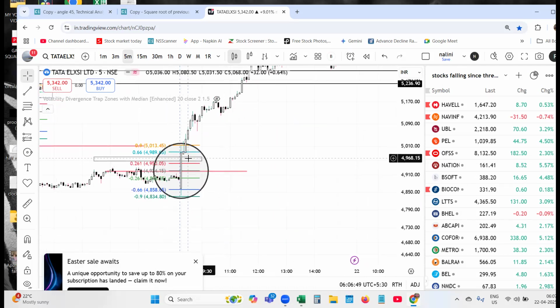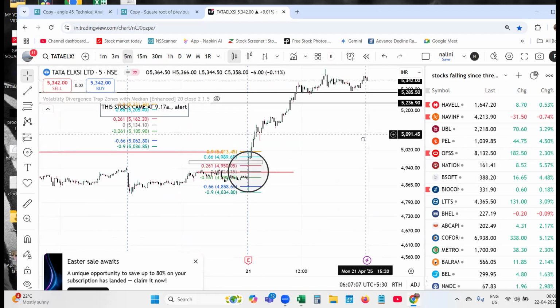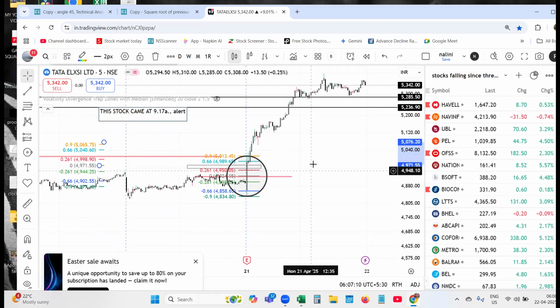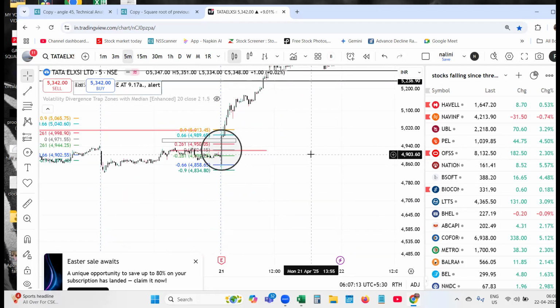So you can go to the corresponding option. Now the value is 4,980. You can go to the 5,000 or 5,100 call option, and you can trade in that. I hope this is the way you can double check and transfer the data. You can compare whether it is appearing in both the things, and you can do the trade. Next stock, Divi's Laboratory came in both, I think.